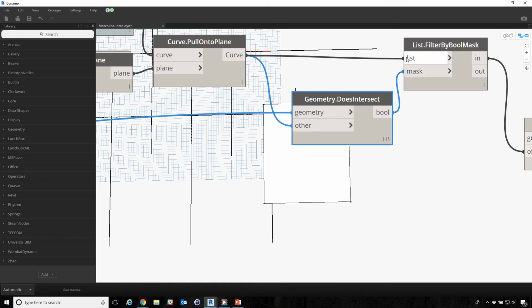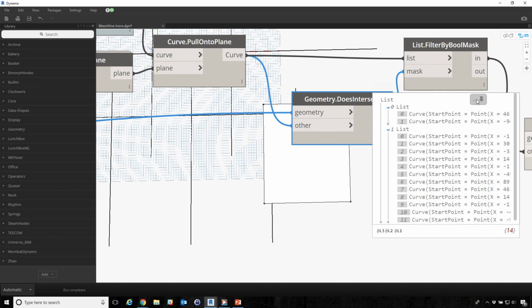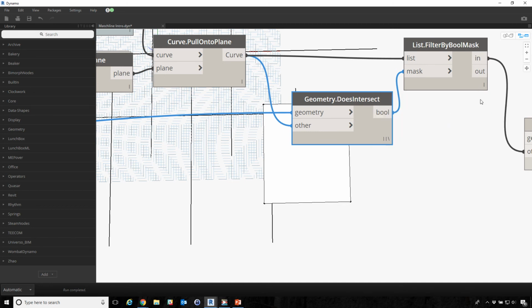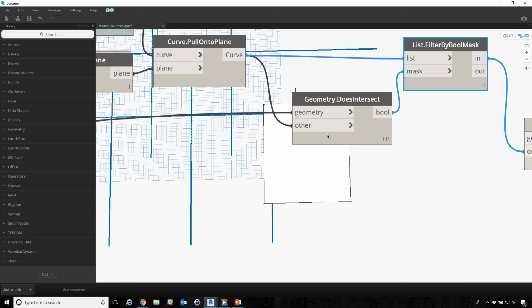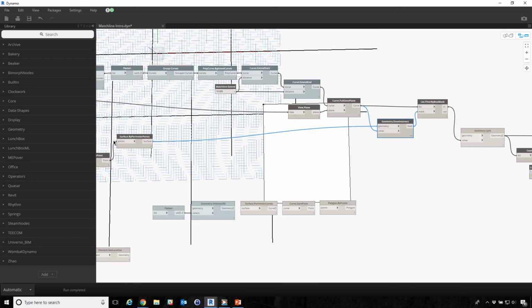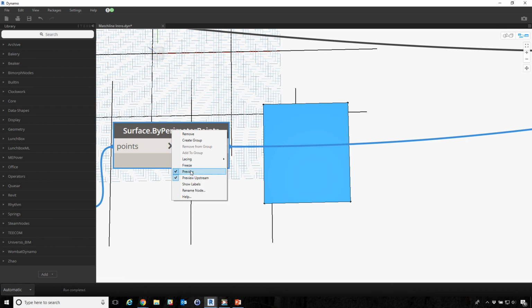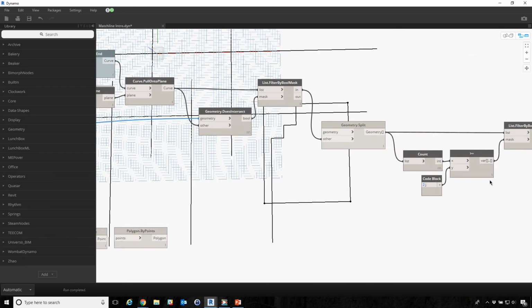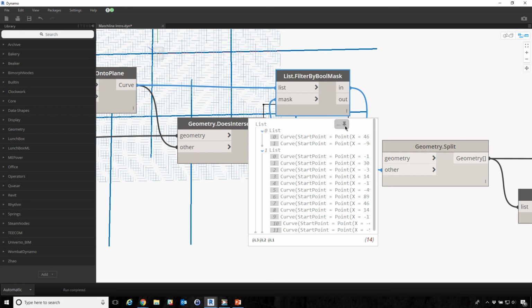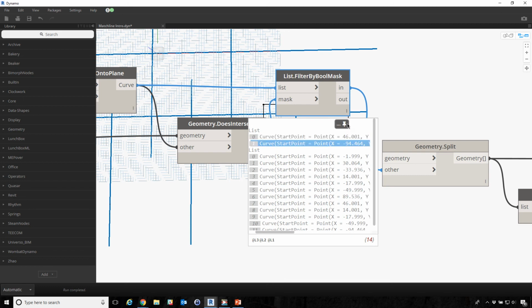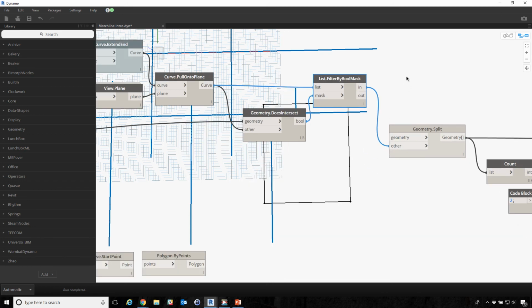What we only need is the one that actually intersects. So only 2 of the curves. If we read these examples, it says only 2 curves actually intersect with the surface. That's the one we want. Let's preview this. And we're going to use the intersecting curves to